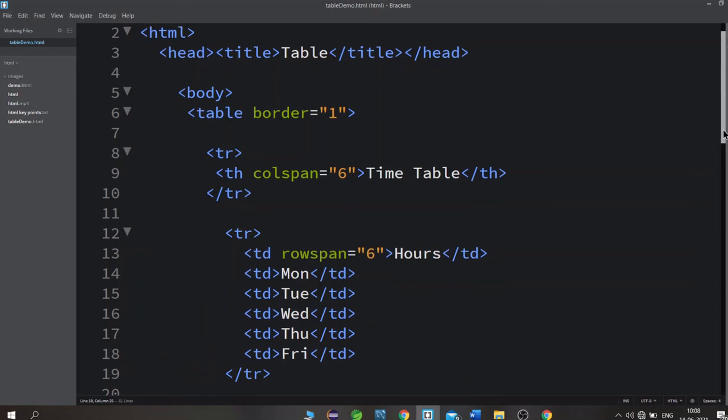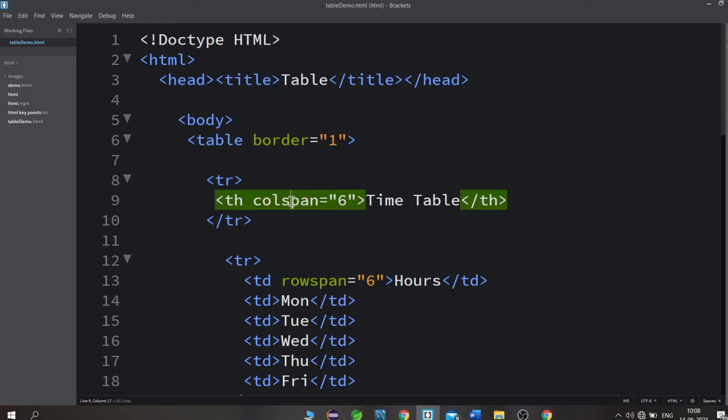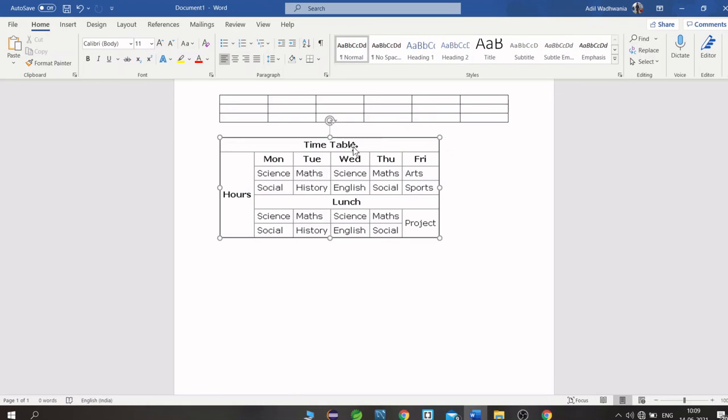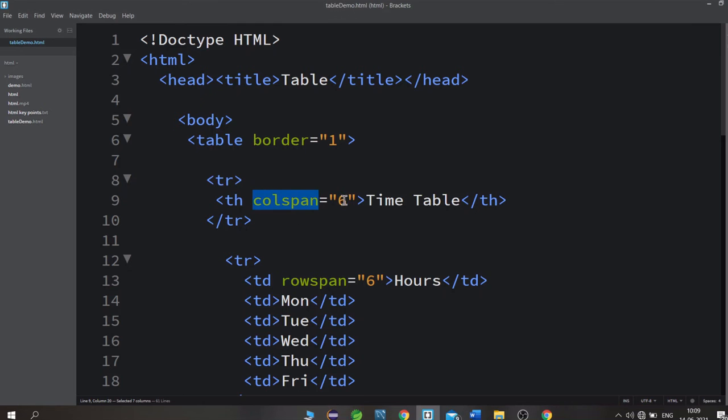Now we discussed two attributes, that's col span and row span. Col span means how many columns it's taking. Like here in the timetable, it's taking 1, 2, 3, 4, 5, and 6 columns. It's taking the length of 6 columns. So we wrote 6 here. Inside the table row, inside the data where the timetable is mentioned, you need to write col span 6.